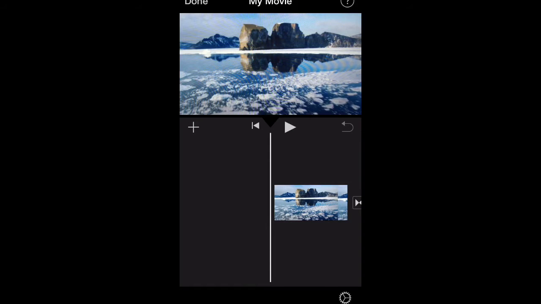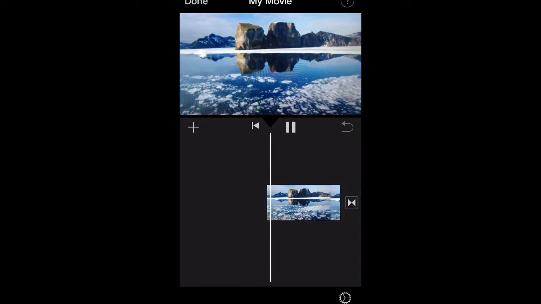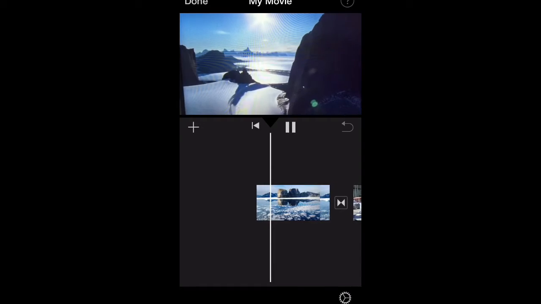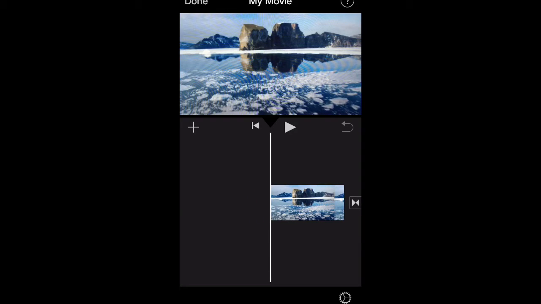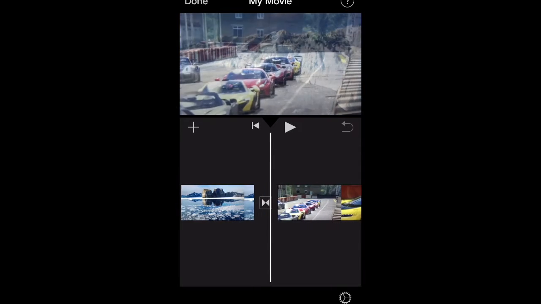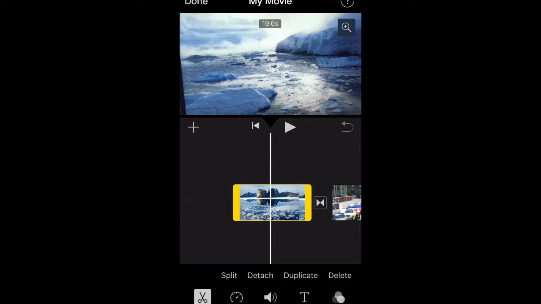All of these videos have their own default sound, which you can also mute if you want to add your own sounds. For this you need to select the clip, and you'll see some options at the bottom. You can press this volume option and then press this option to mute the complete video. Once you've done that, you can also do other operations with it.